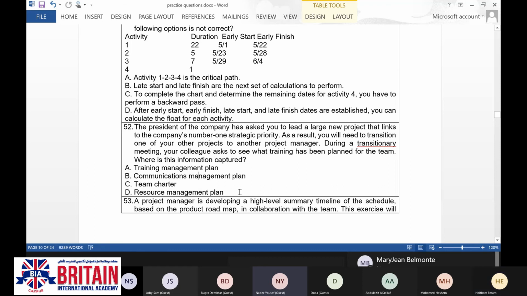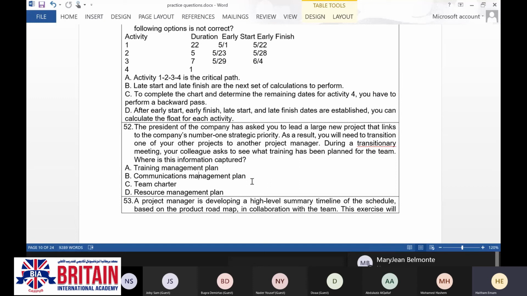The resource management plan includes all the information related to the resources, starting from planning the resource management, passing by estimating the required resources, acquiring the required resources, and developing the required resources.